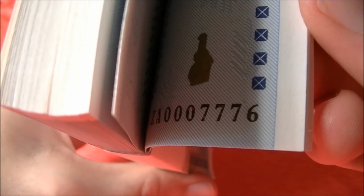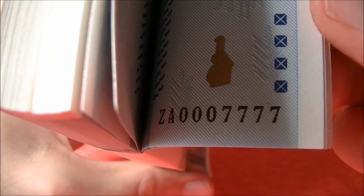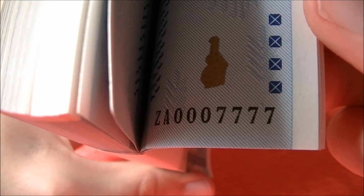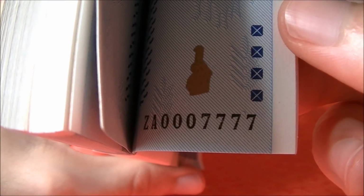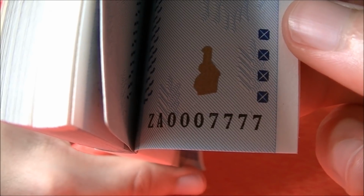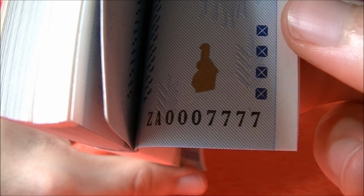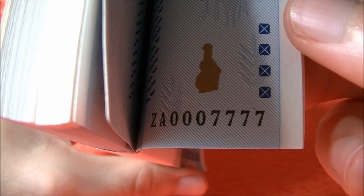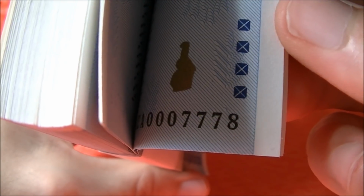0007775, 7776, and the coolest note of them all, ZA 000 quad 7. Now these serial numbers are always low, especially on these trillion bills, because they didn't make many of them. And I believe for the trillion bills, there's only about 10,000 of these replacement notes ever issued. So they're already rare to begin with, and I got a really fancy serial number there. And then there's one more, which is the fourth bill,